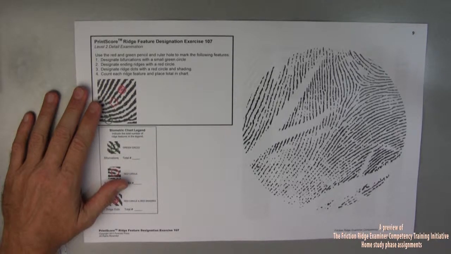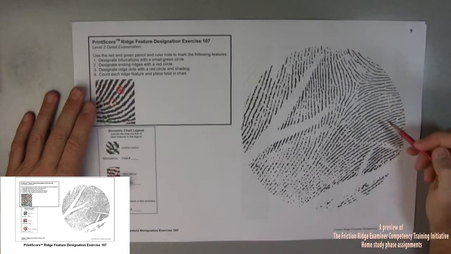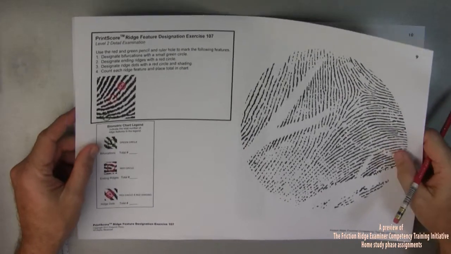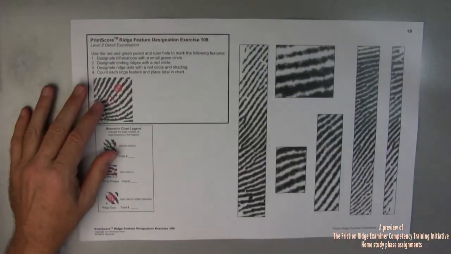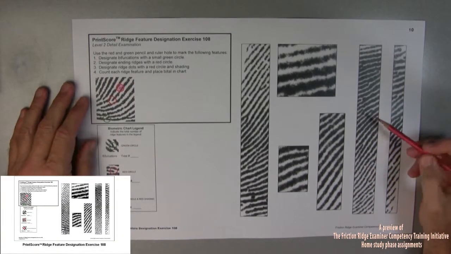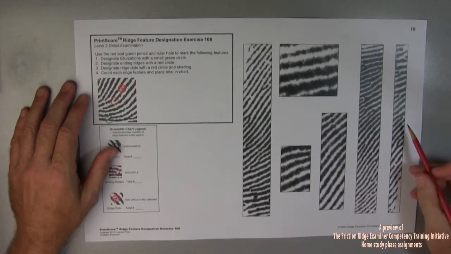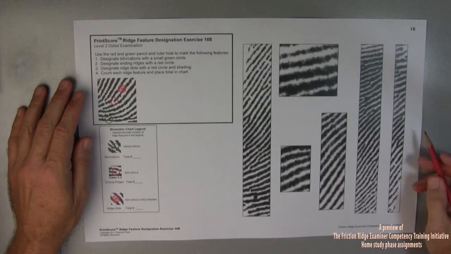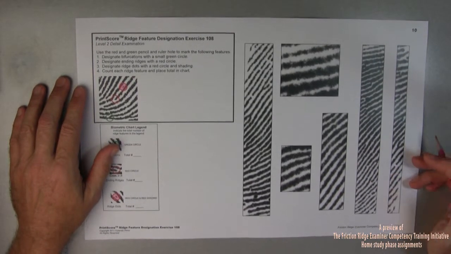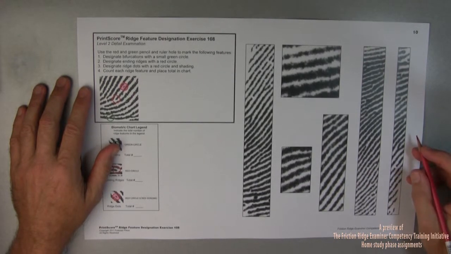The assignment number 9 will involve some interpretation, and you'll have to decide what are ending ridges in this one. And number 10 is the last of this type of assignment, and this again will maybe make you think a little bit. The importance of these assignments as they progress is recognizing that there is a lot of interpretation as to what is an ending ridge, what is a bifurcation, what is a ridge dot, or is it a short